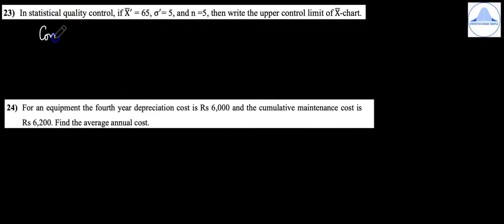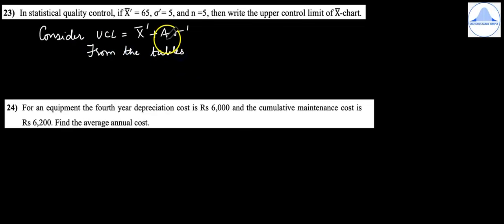So the formula for the upper control limit is UCL is equal to x bar dash plus A times sigma dash. From the statistical tables, we get the value of A for n equal to 5 as